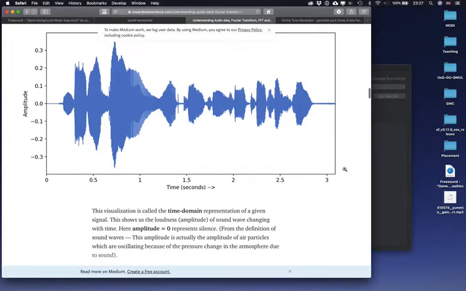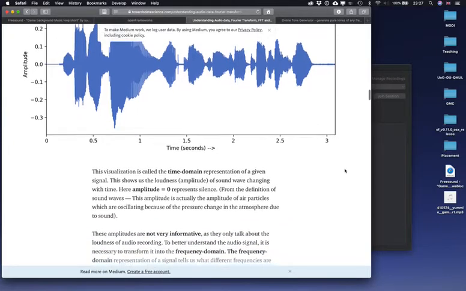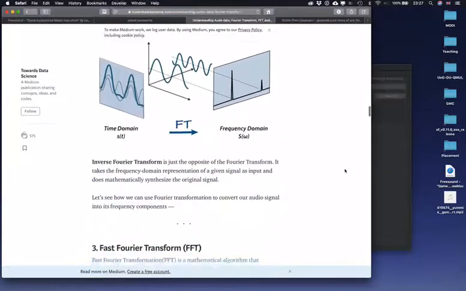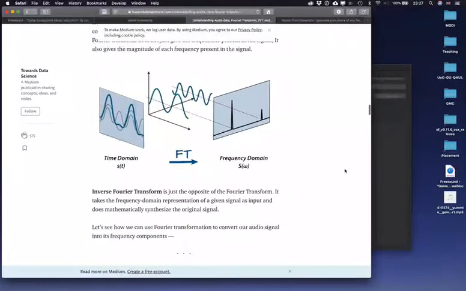So in the time domain, what is shown to us is the loudness, the amplitude of the sound wave changing over time, right? But another way to represent sound is to analyze its component frequencies. Our listening range goes from 20 hertz to 20 kHz, or 20,000 hertz, where the lower pitch sounds